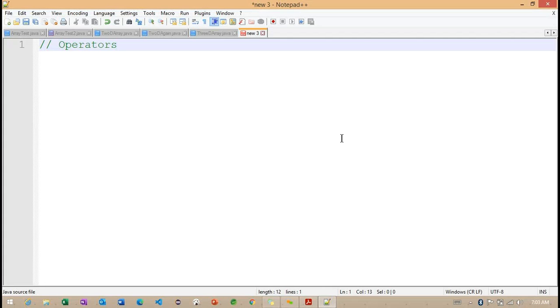These are very important concepts because the basic concepts matter when we implement applications in real time. So what operators are we going to have?